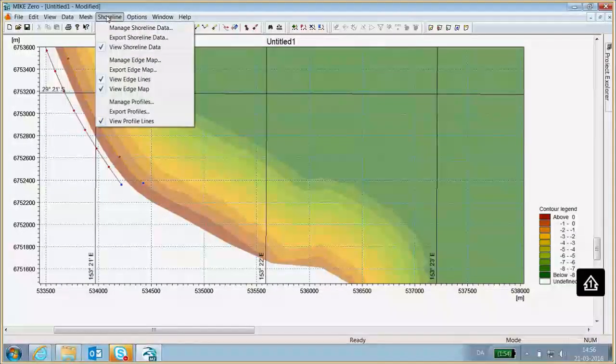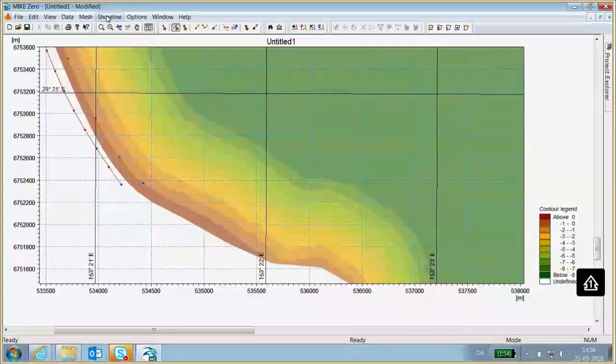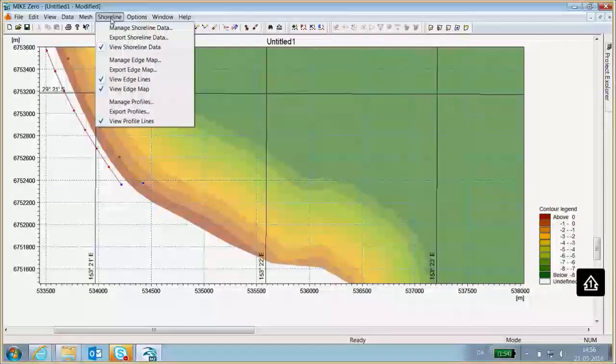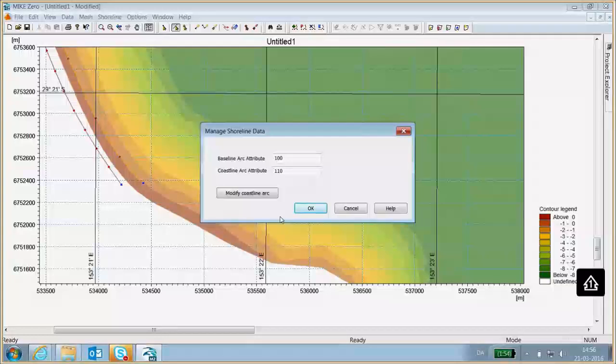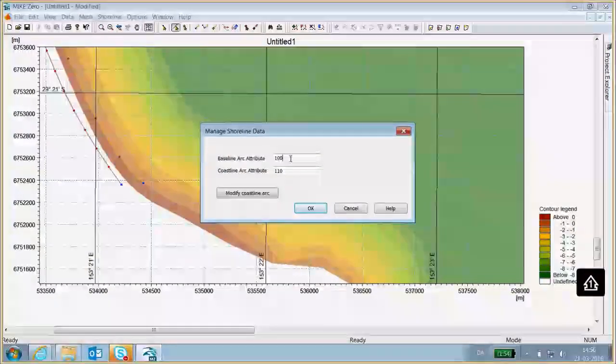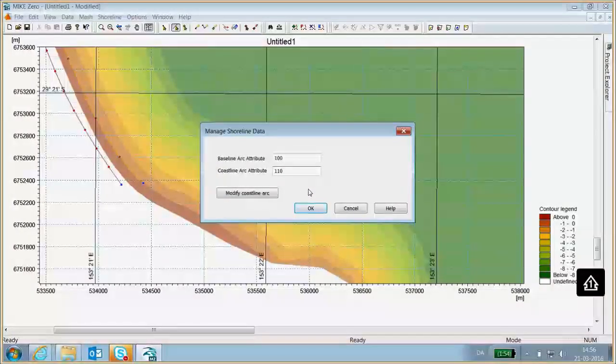And now the next step is to make sure that the shoreline vertices or shoreline points conform to or match the baseline points. And there's a tool to ensure that, so I don't need to do it by hand, and that tool is located under the shoreline menu here. So I simply click Manage Shoreline Data, and then once I've set the baseline attribute to 100 and the coastline attribute to 110, matching the attributes I set on the two arcs, then I can simply click modify coastline arc here.